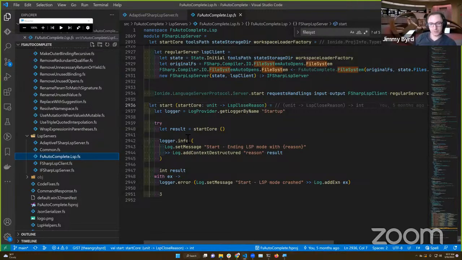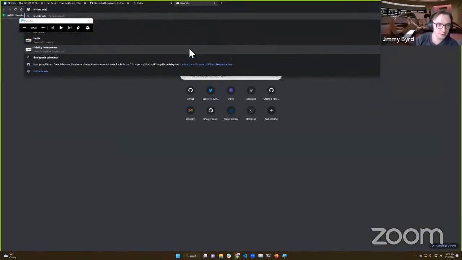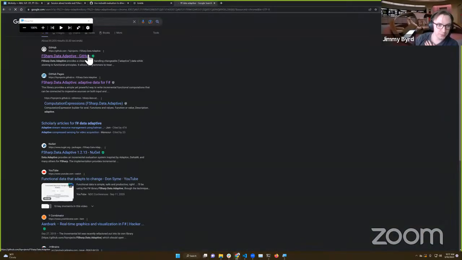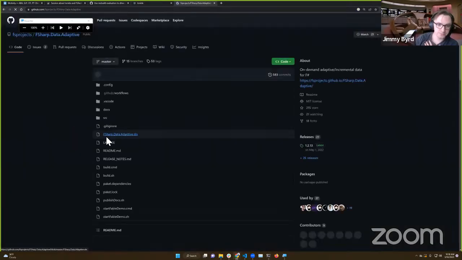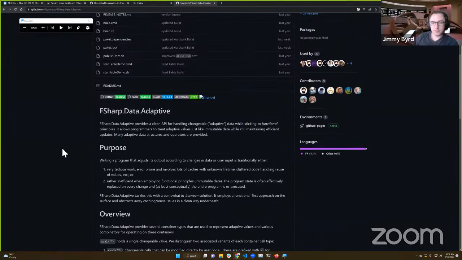But one of the things that Chet and I talked about a long time ago was potentially using something called F# data adaptive. Let me pull that up. If you're not familiar with this library, F# data adaptive is a library that sits in between the notion of reactive related things.